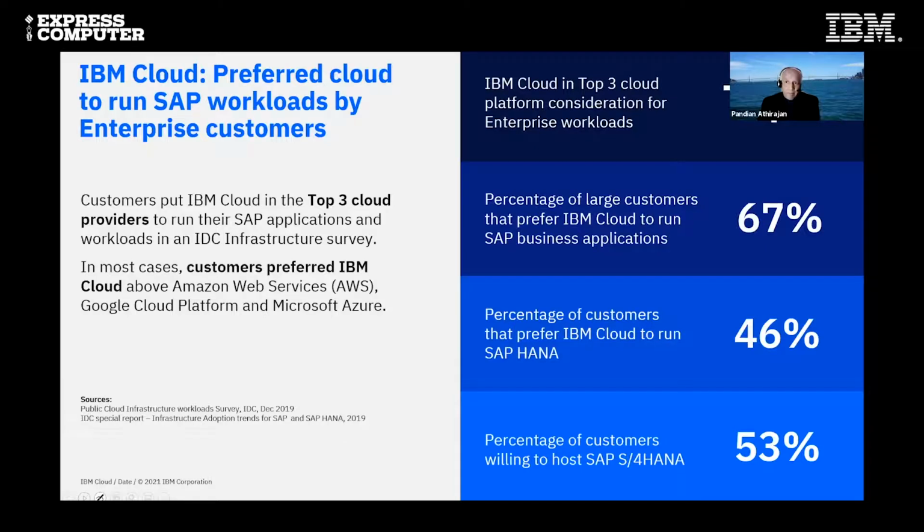Again, this will be surprising, because you will be thinking, hey, my CIO strategy is we are going to have only one cloud service provider, and that is Azure, that is Amazon. But that scenario is changing. We have a lot of large enterprise customers saying that yes, we are going to work with Azure, we are going to work with Amazon, but when it comes to SAP, I would rather go with IBM, because they